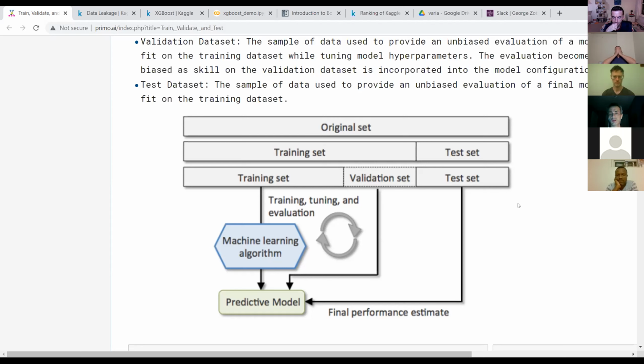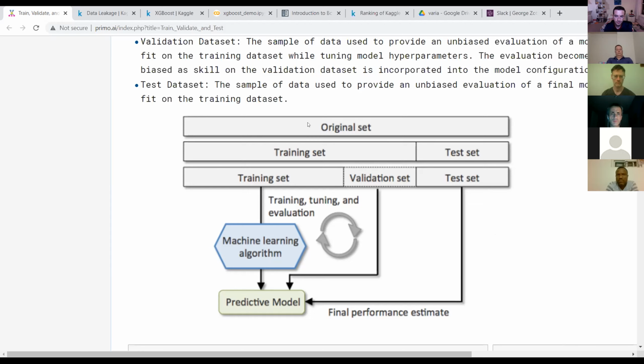So that's basically the point they make, and that's the first type of leakage. When something leaks from the test set, it's bad and makes your test predictions almost useless. And if the validation set also leaks into the hyperparameter choices you make, it's also bad, although not as catastrophic as the test set. So that's the first point that they make.